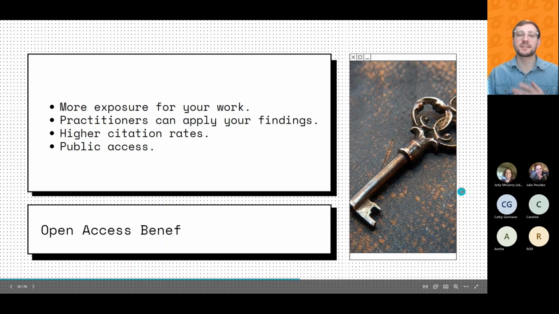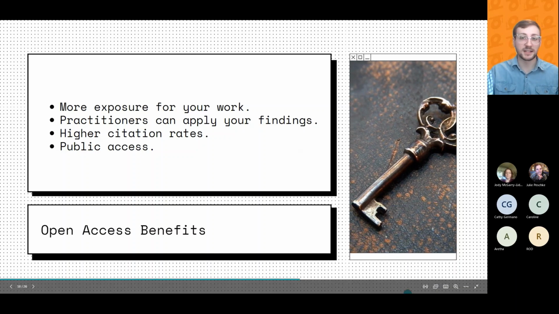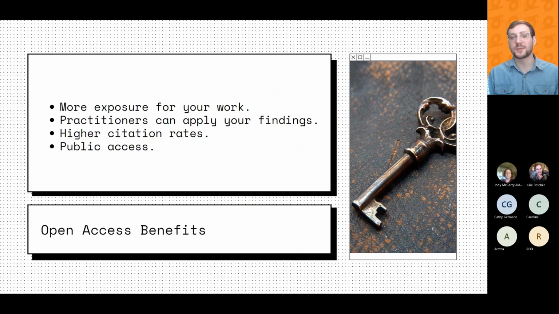We can trace the origins of open access back to 1991. That's a year before I was born. I don't know if you've ever seen the website arXiv, I think is how you pronounce it, ARXIV. It's an open access repository for physics papers specifically. It allows authors to publish preprints or early versions of their texts online, and people can just read them at no cost. So that's really where the movement started.